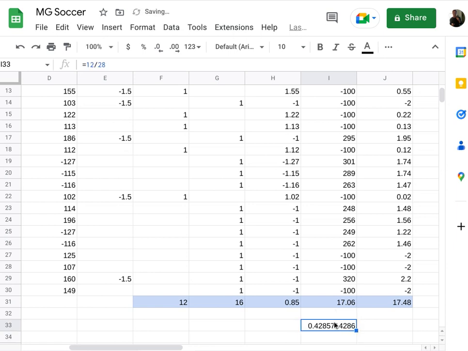Okay, so let me type this into percentage. So the draws hit 43%. So if we'd have just played draws for all of those double-digit favorites, we'd be up 17 units, and that's hitting 43%. Now, the reason we can't overreact to this is because we have to apply some basic statistics and probability